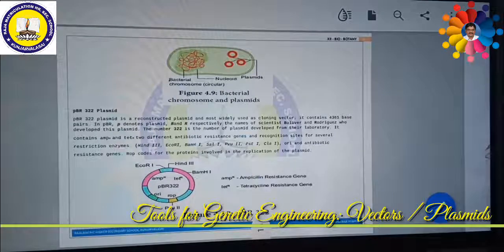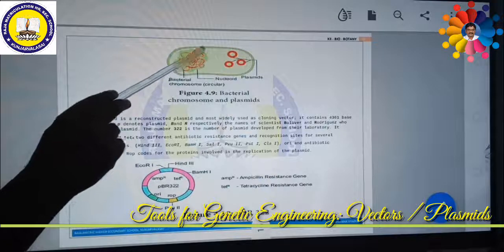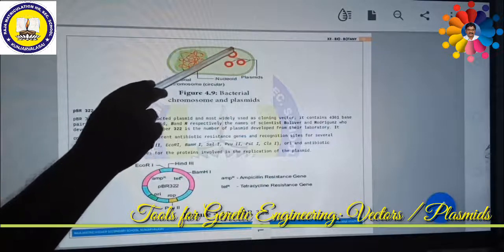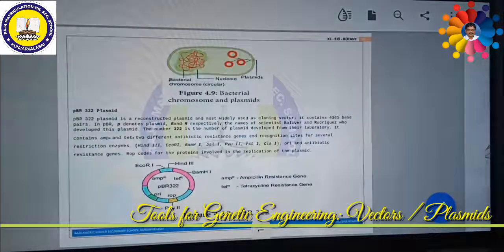So here, this is a bacterium. This bacterium has a bacterial chromosome as well as extra chromosomal double stranded DNA. This is called a plasmid. This plasmid we can use for recombinant DNA technology. This is natural bacterial DNA which is present in the E. coli bacteria. The second one,